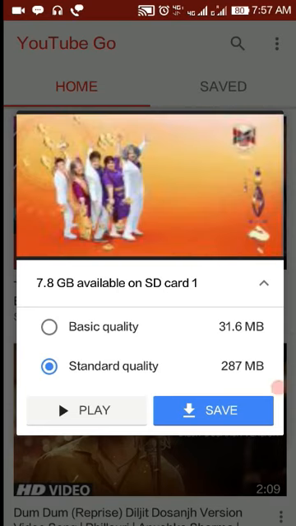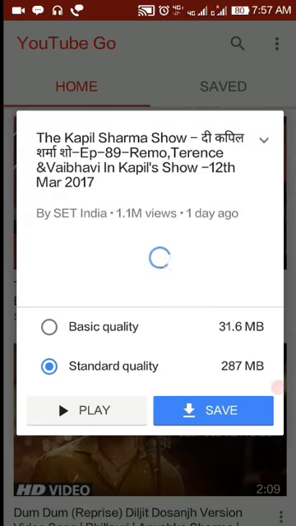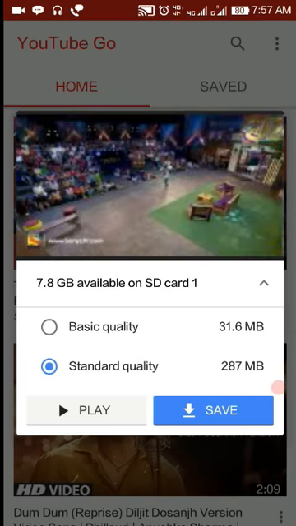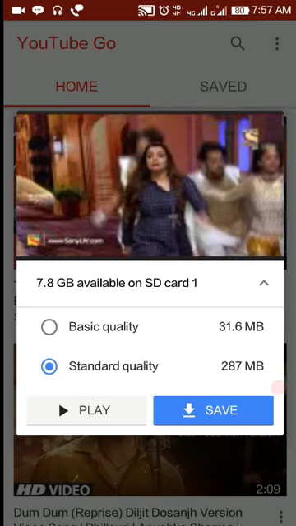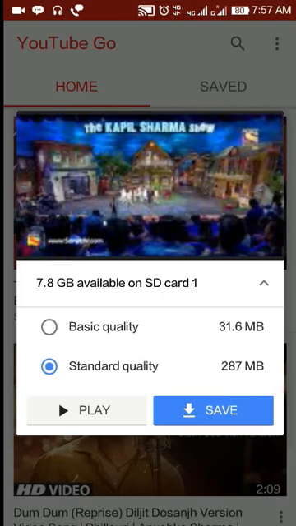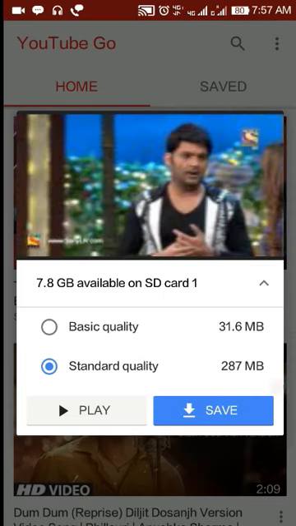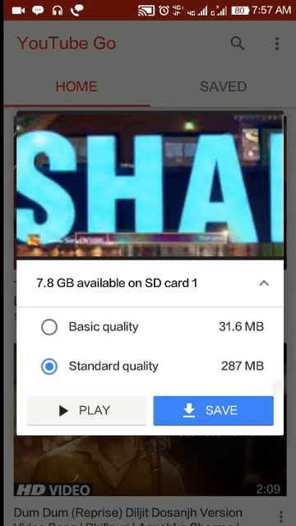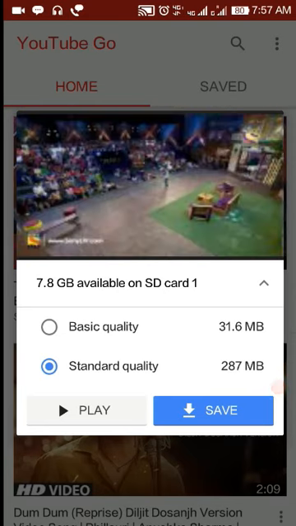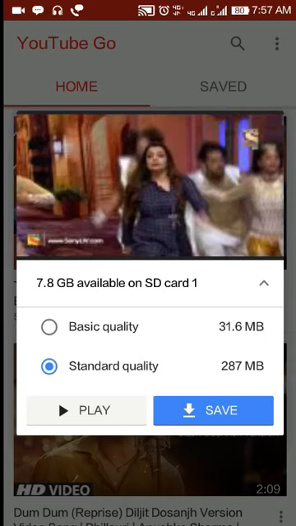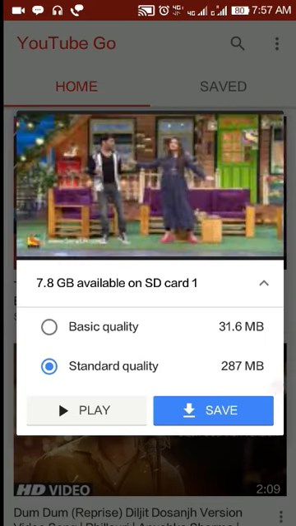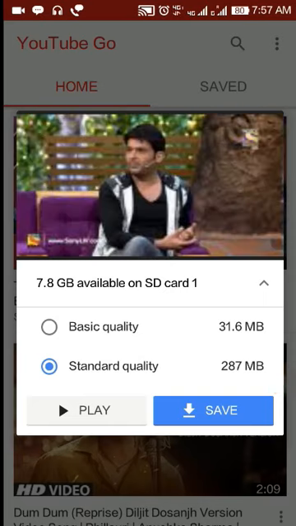So isn't it good, guys? And I must say that this app also consumes very little memory, or you may say less RAM. So please go and download this app. It's a really nice app, you can play instantly, and you can save the file according to your need. It is a very data friendly app, I must say. It's not like the normal YouTube, which really consumes a huge amount of data. So you must go and check this out.